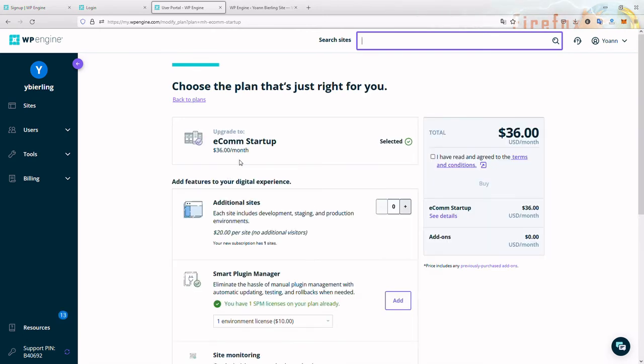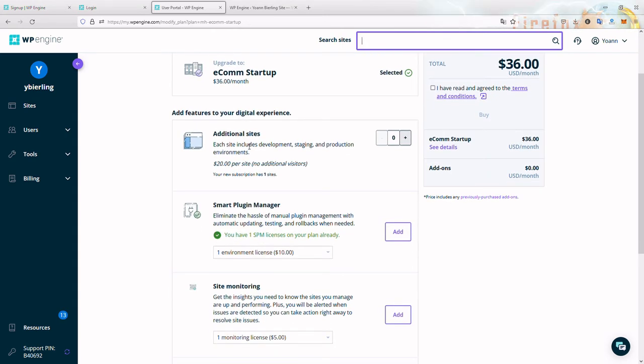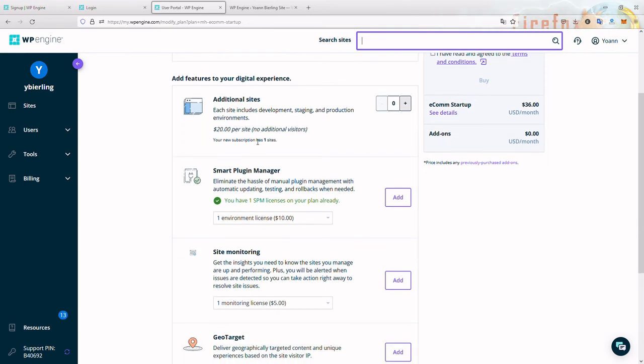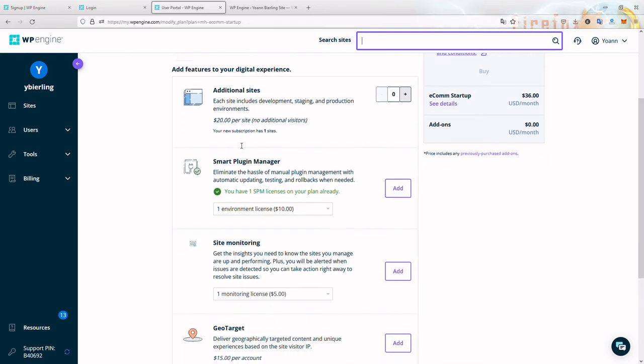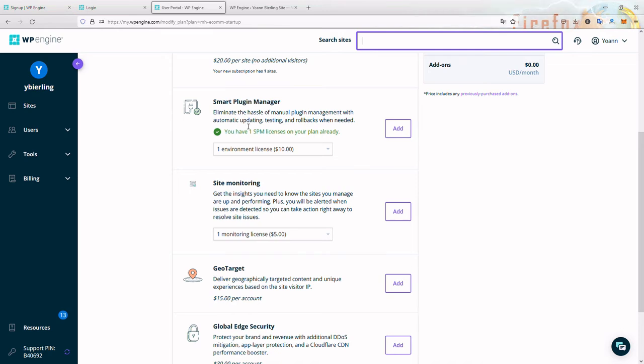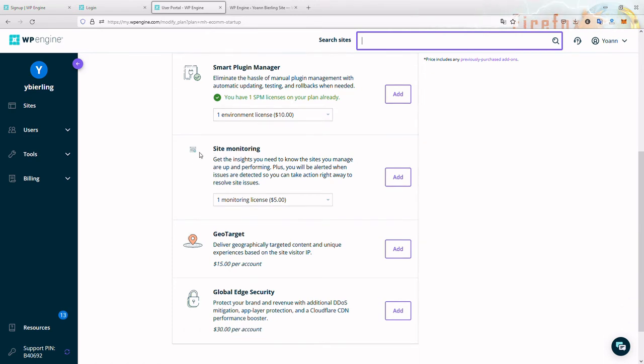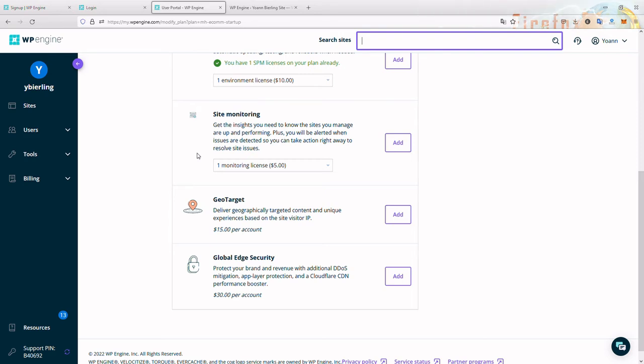And after selecting this plan, you can add features to your experience. So if you have more sites, you can add them here. You can get a smart plugin manager that will help you to manage, as it mentions, the plugins on your WordPress website. You can also get site monitoring to solve issues faster. It's not uncommon with WordPress to face some issues that can take a lot of time to track and to solve, especially if you are new in